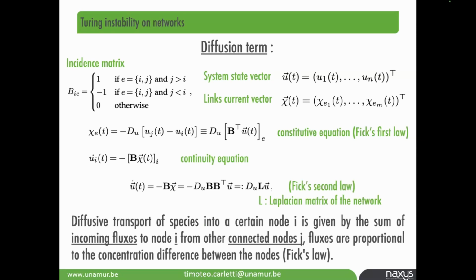So the Laplace matrix of the network comes in a natural way once you use the first and the second Fick equation to describe diffusion across the links of the network. Let's observe that in this way you obtain a first order with respect to t equation. So it's a parabolic equation that implies infinite speed of propagation. This is not physical. For the rest of the talk, I will go with this.